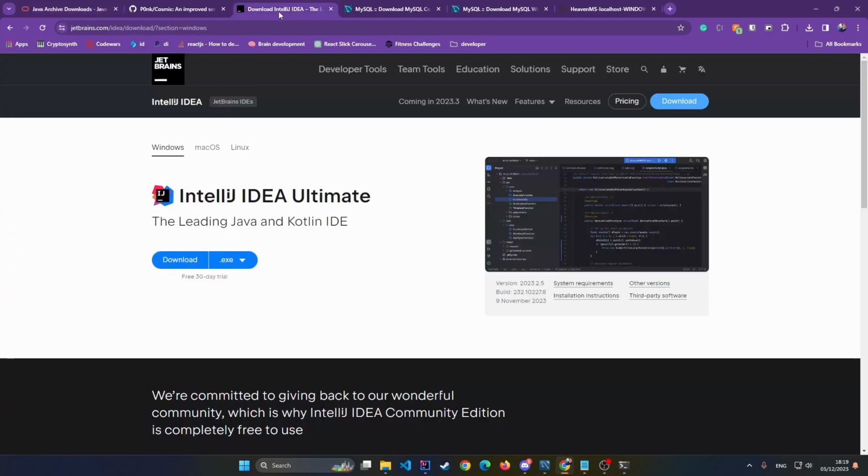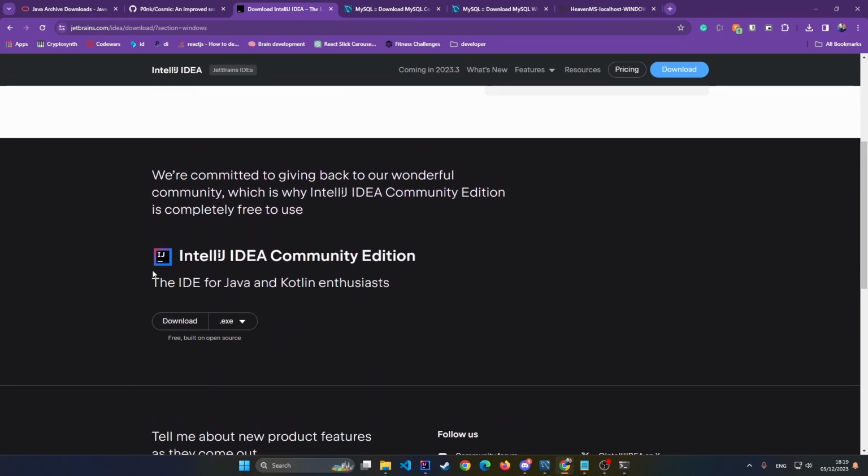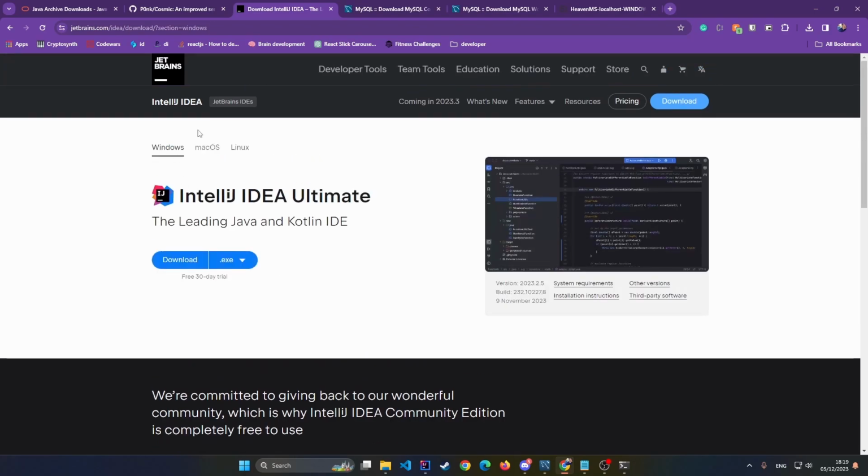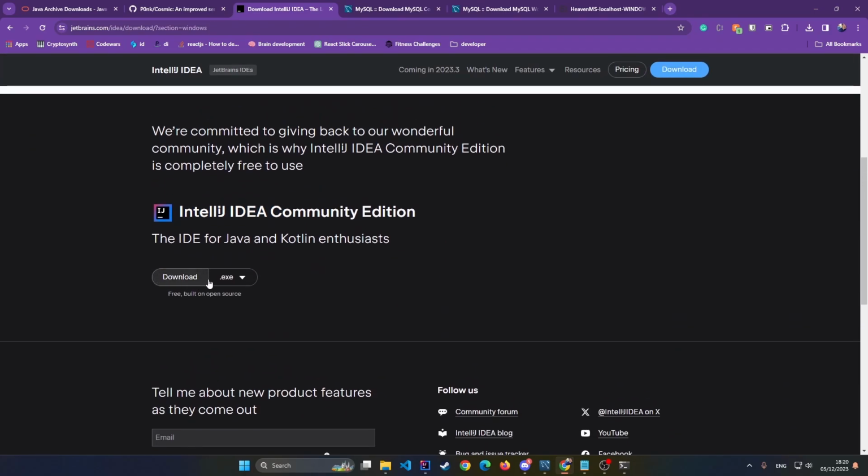The second, you need to install an IDE. Basically, this is the work environment where you can start debugging and coding and change the parameters of your code. IntelliJ, I believe, is the best for this. You have the community edition. If you go to the link, scroll down to the black section, you can download IntelliJ, the community edition,